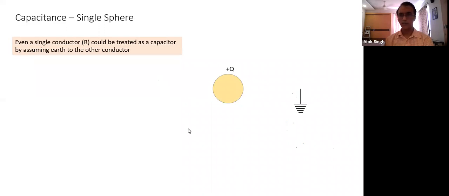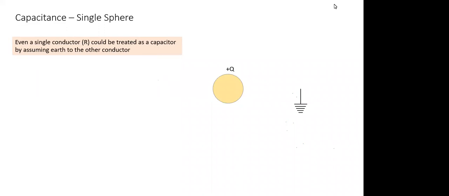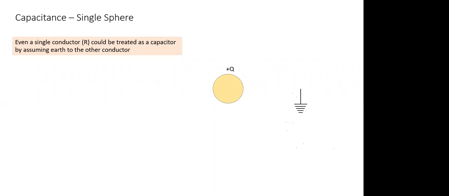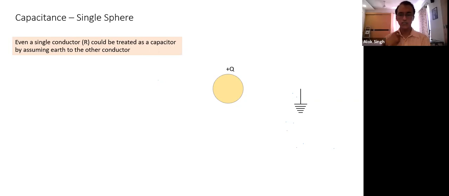Yes, Asha, you have an answer? Sir, I have a doubt. Sir, here the potential of the Earth can be treated to be 0. Absolutely. Whatever the charge is, even if the charge is plus Q, minus Q, potential of Earth is 0. So potential difference is nothing but potential of conductor. And if the charge is Q, what is the potential of the conductor? KQ by R.